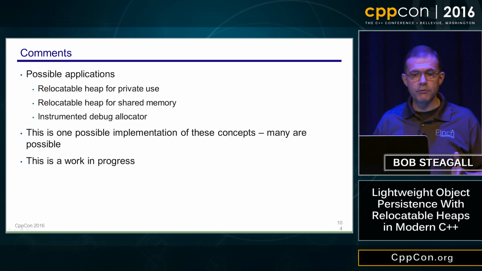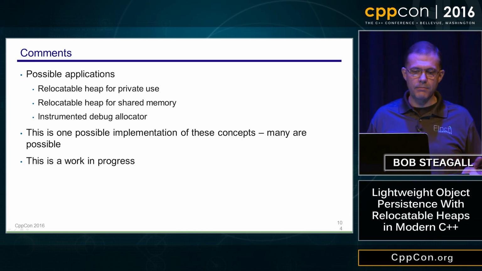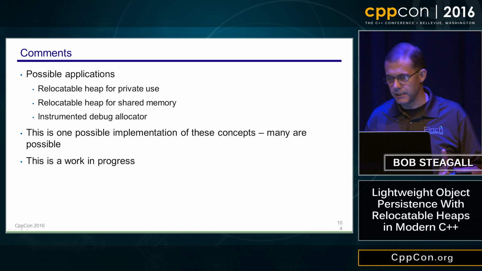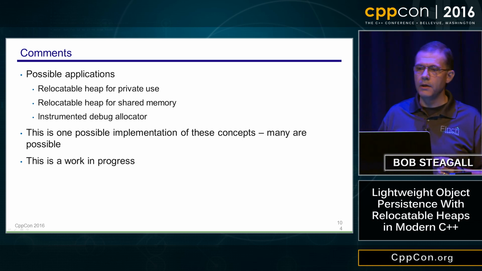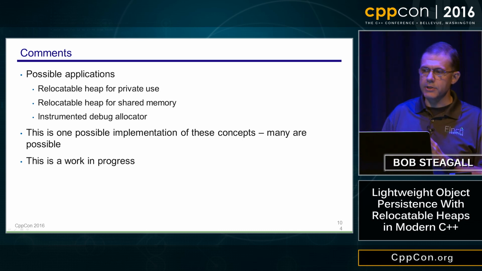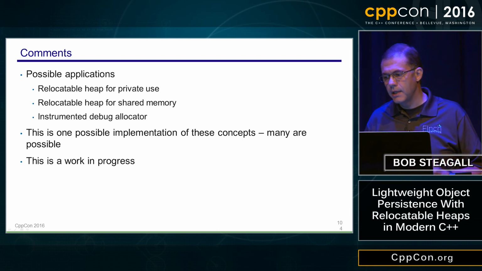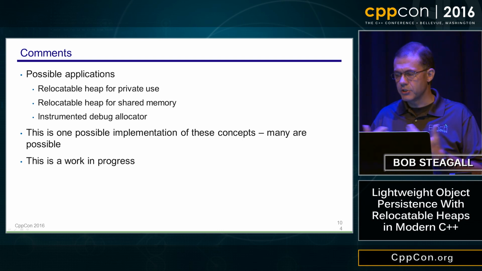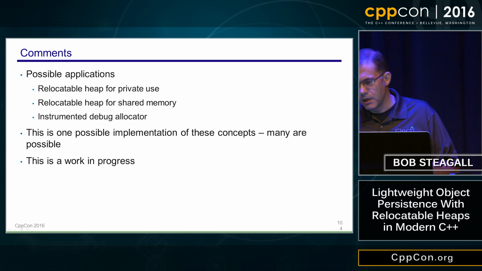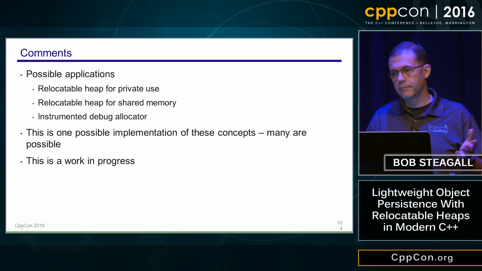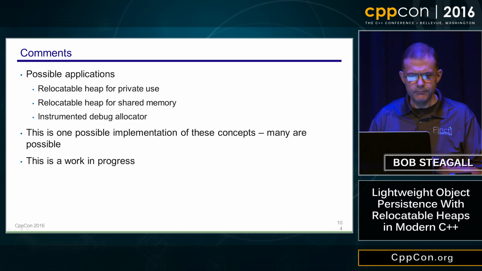As I said before, this is simply one possible implementation of these concepts, and there are many ways that this could be done. In early work, I actually made the addressing model be a type that is nested within the storage model. And that sort of made the reciprocal friendship a little bit easier. I'm not sure that's the best way to do it, but it's worth a try.